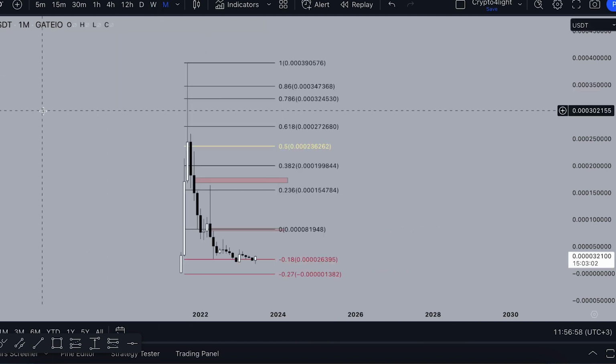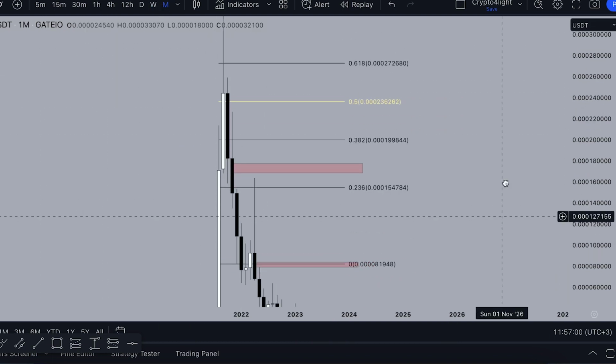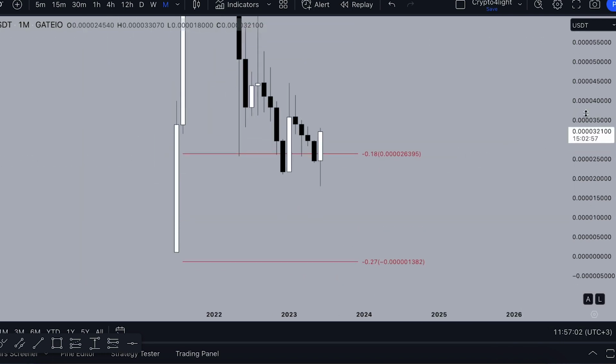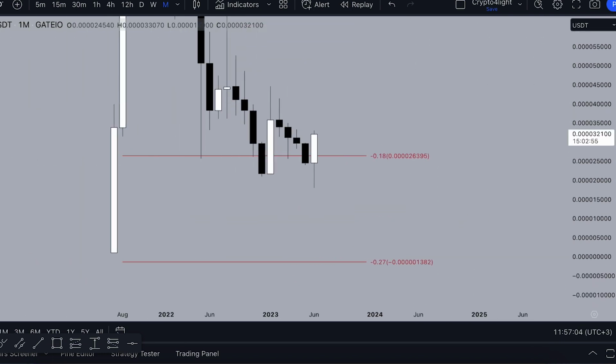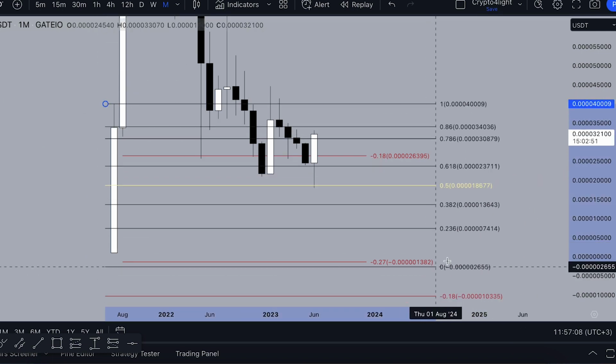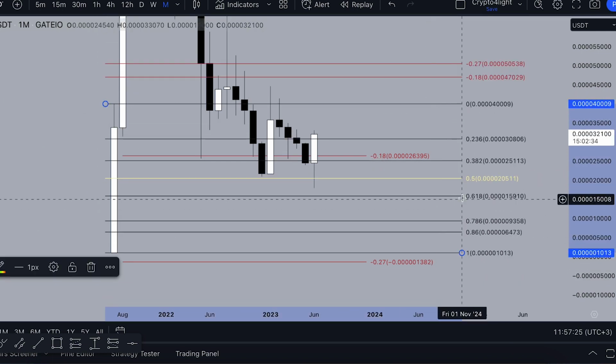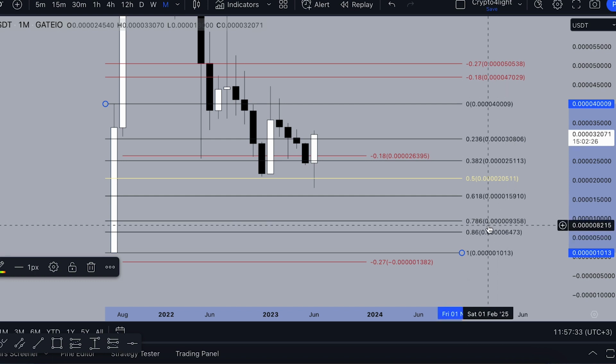So here, monthly time frame. Every single time you see that listing candle, we can come back and close at least 50% of this candle. So here's a FIB. It came into 61.78. So 61 will be 0.4015, and 78 will be 0.45093. So just keep in mind these levels.